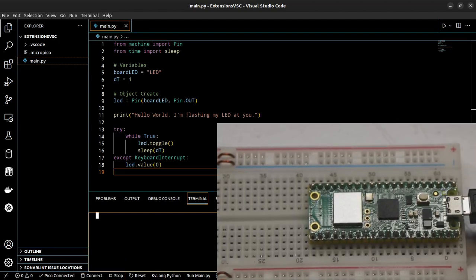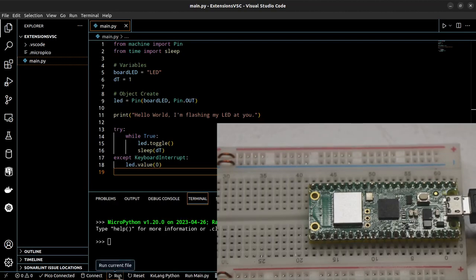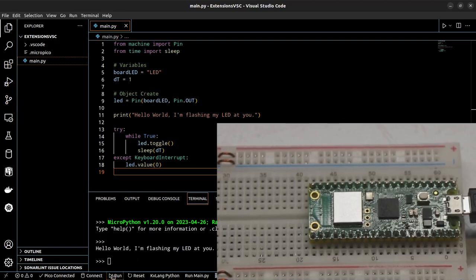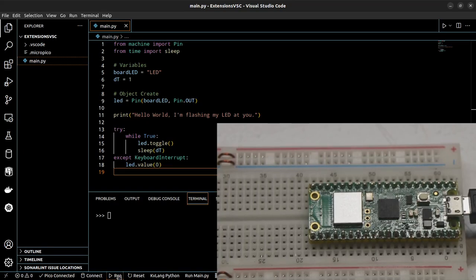And our display was supposed to say something too, but it's not, so let me stop that. What I did is I hit stop down here. It had a little square box, and it said stop, so I clicked on it because my output did not display. I wanted to show my output where we did print, and for some reason it didn't do it, so I stopped and restarted again. I'm going to clear this so it's all fresh, and then I'm going to hit play